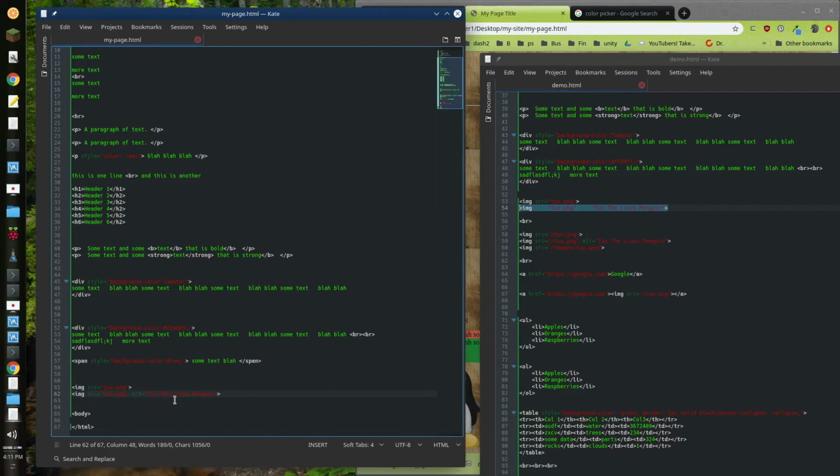Now the alt text is good for, say, if someone's blind and they're using a reader to read the web page, it will read it out for you, or if someone's using Braille or something. I'm actually not sure how those tools work, but instead of displaying the images, if someone can't see the image, it's going to display the alt text. Also, one really important thing is this is important for SEO purposes. If you're doing search engine optimization,